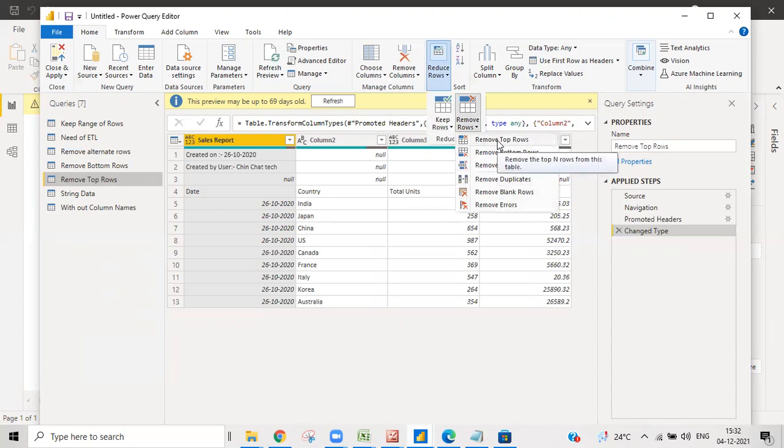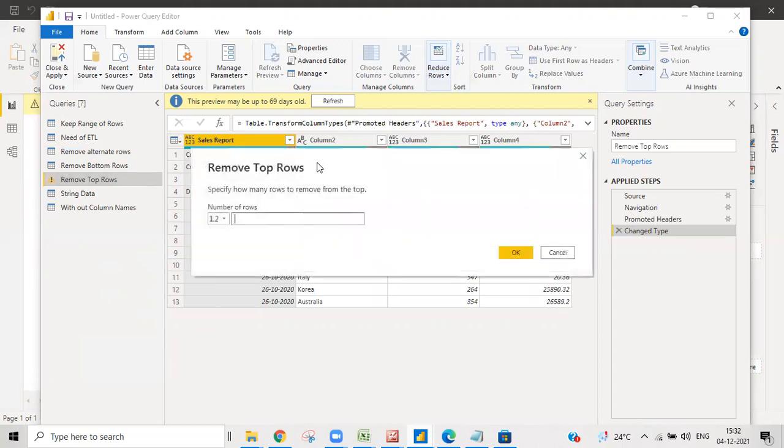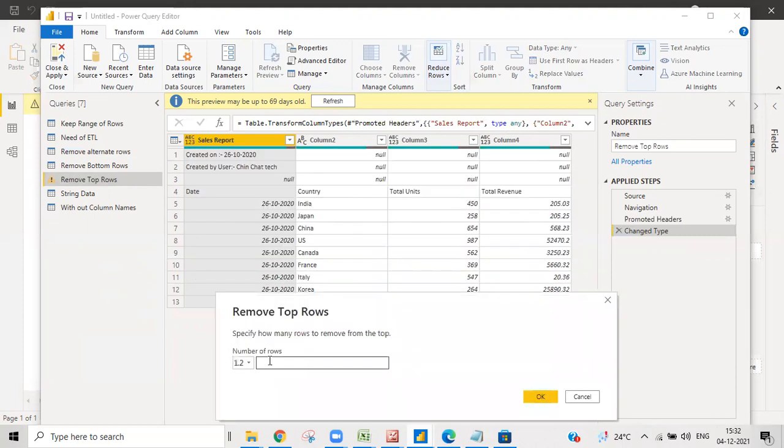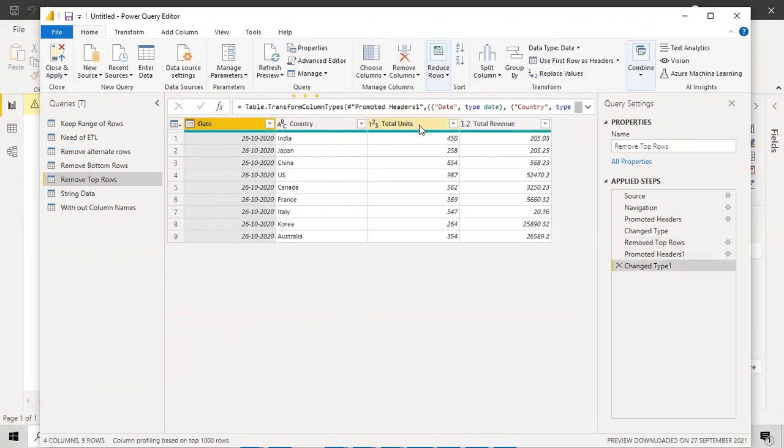The first one is Remove Top Rows. If you click that, another window will open and ask how many rows you want to remove. You'll give 3, and that's it, finished. The top 3 rows will be removed, and this one is a header. Obviously you can make the first row the header, and this row will be converted into a header.